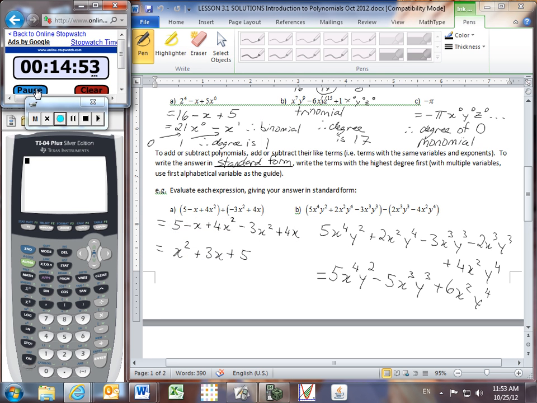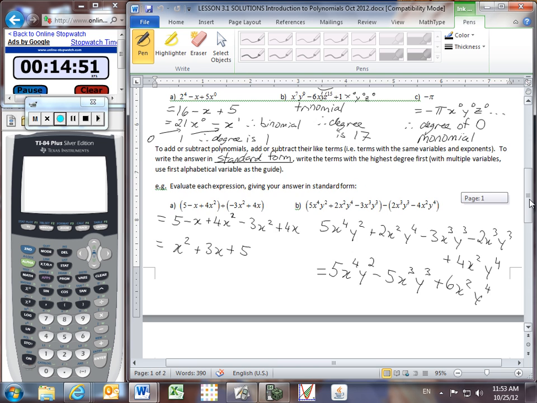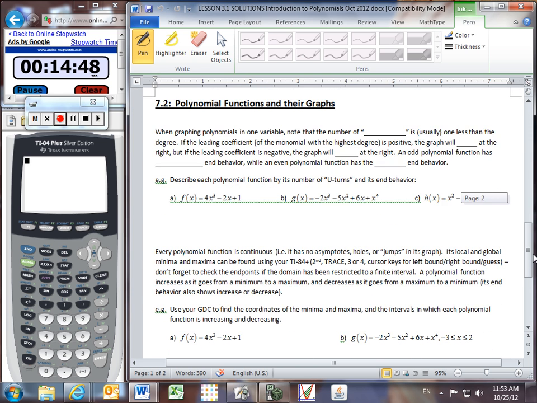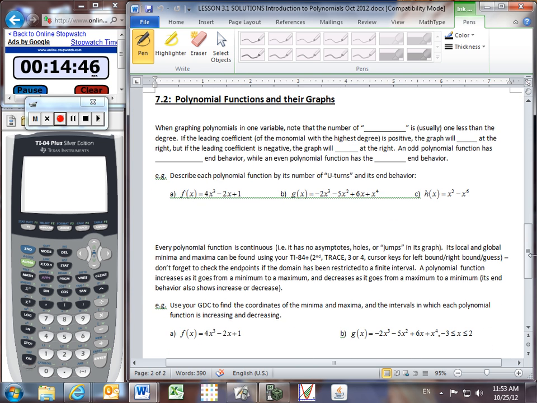Alright, let's move on to the second part of the lesson, which is regarding polynomial functions and their graphs. When we graph polynomials in one variable, we note that it tends to turn back and forth. For example, remember that a very simple polynomial might be something like an x squared term, a quadratic, and we know that that's going to just have one, I call this a U-turn, while something else like an x cubed could have two U-turns in it, and so the number of U-turns,